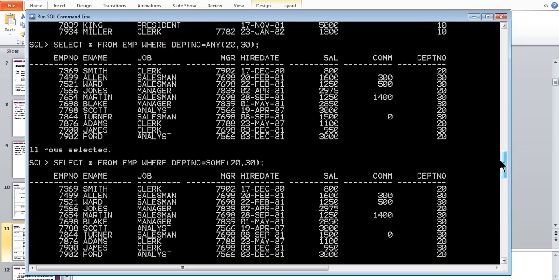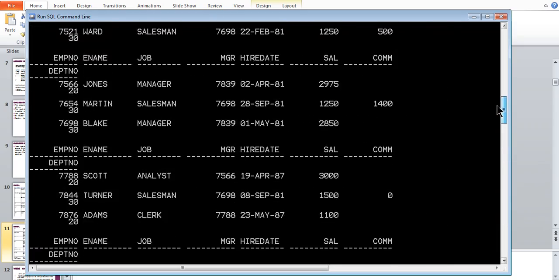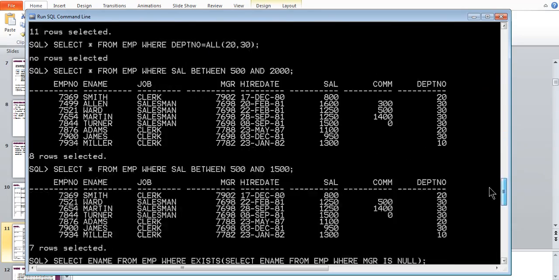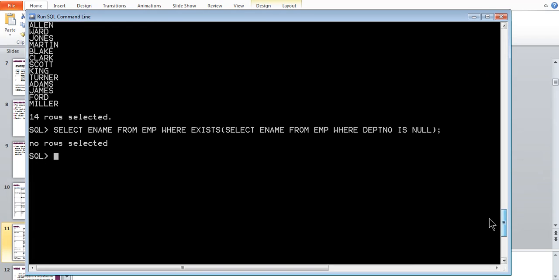You can see in the table all the rows have a particular department number. The department number cannot be a null value. That's why the inner query gave you 0 rows, and that's why the outer query will not be executed correctly.